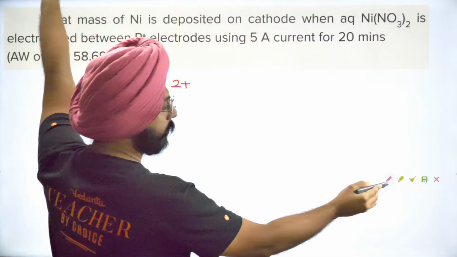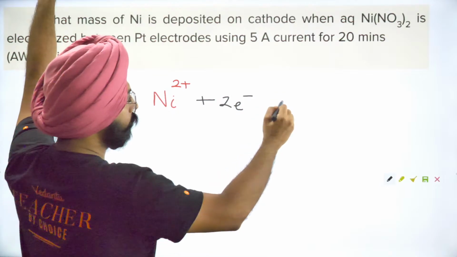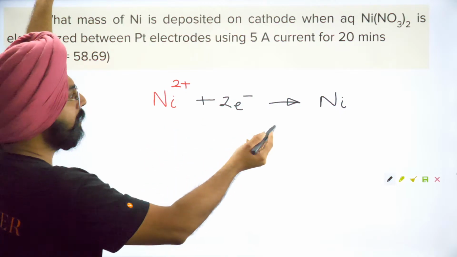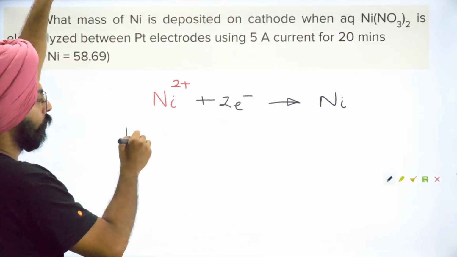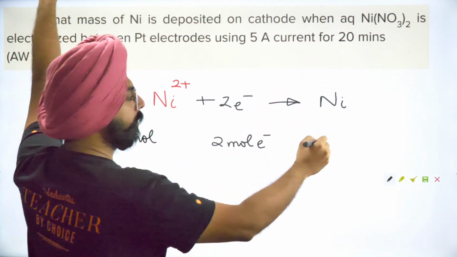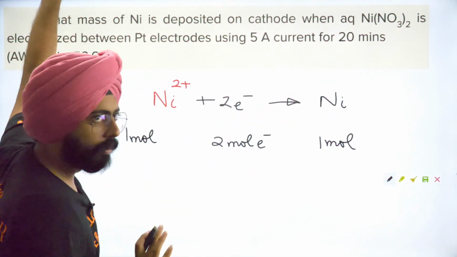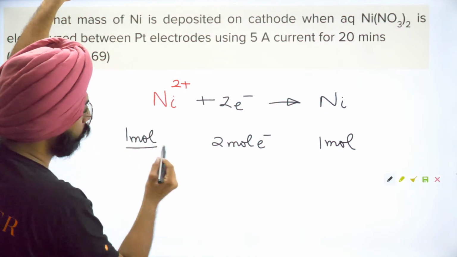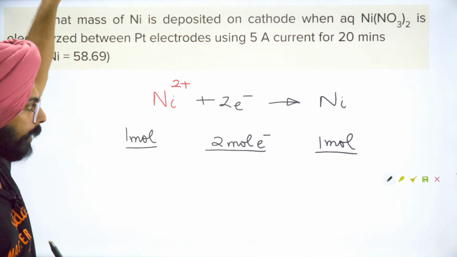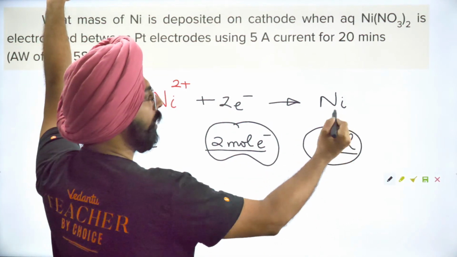Now nickel 2 positive, if you have one ion nickel 2 positive, it would require 2 electrons to give you nickel. Same thing, you think about it in terms of moles. 1 mole of nickel 2 positive needs 2 mole of electrons to give you 1 mole of nickel, isn't it? Nickel 2 positive plus 2 electrons gives nickel 0. So 2 mole of electrons are needed for 1 mole of nickel